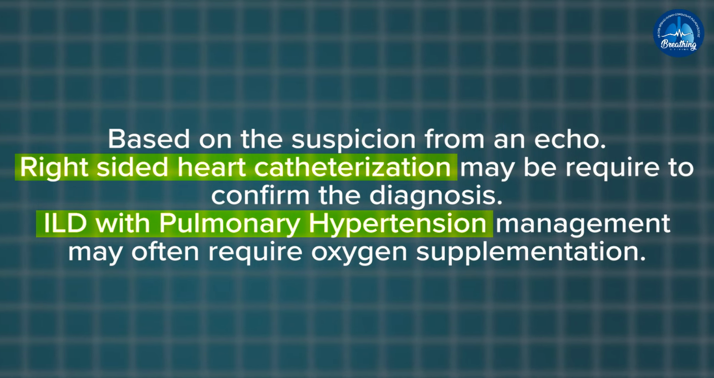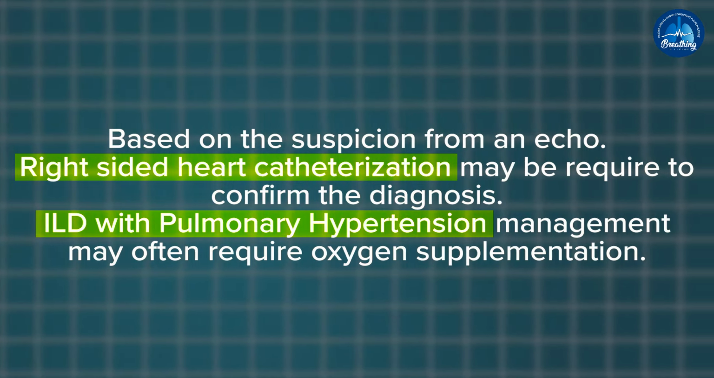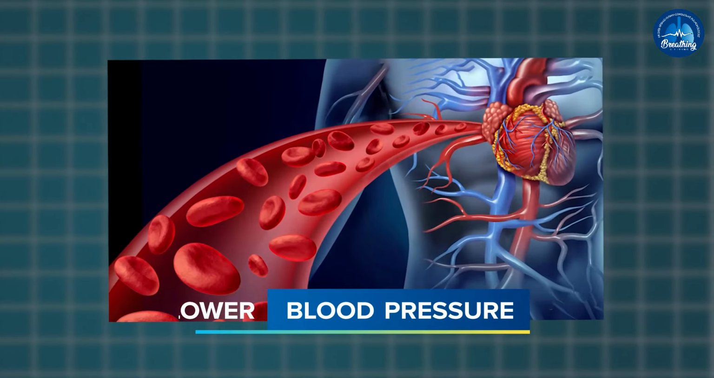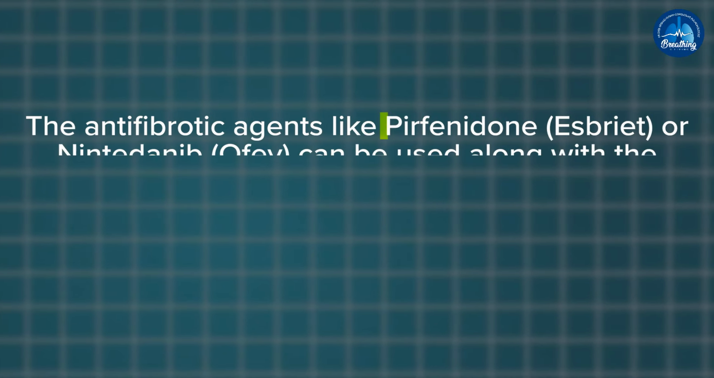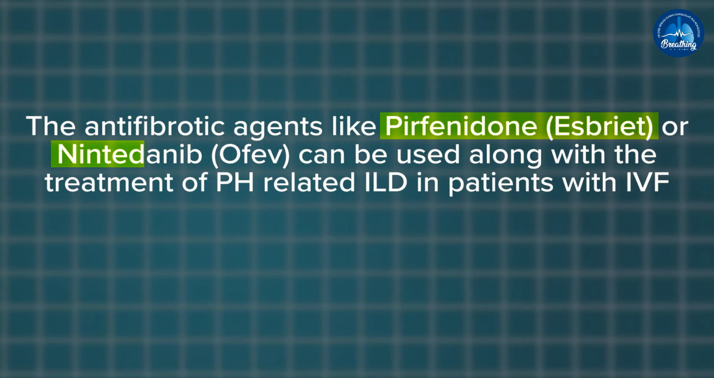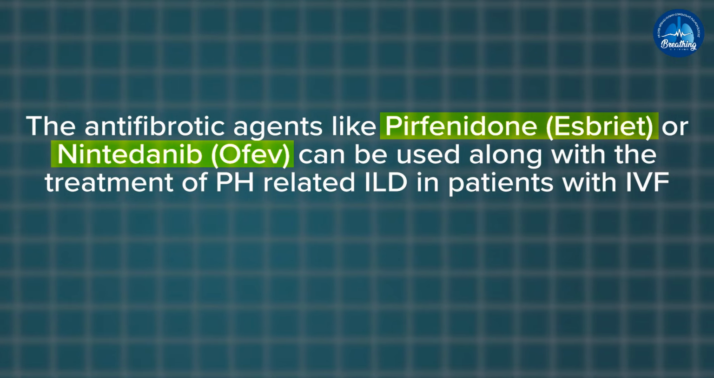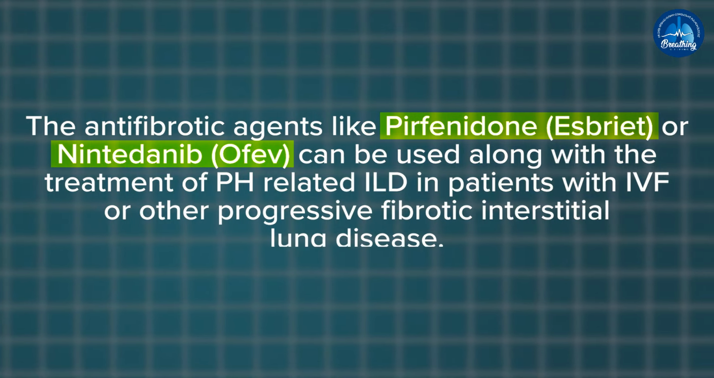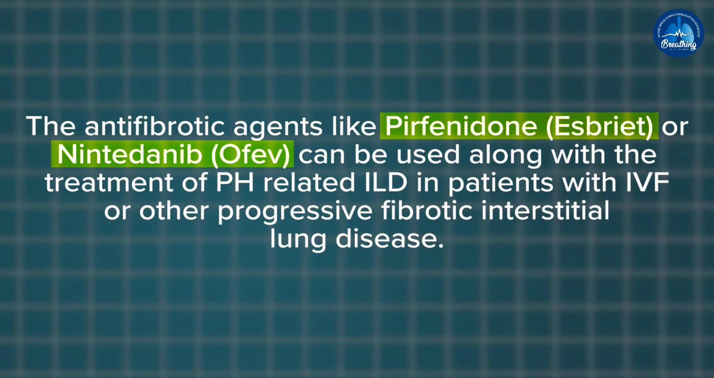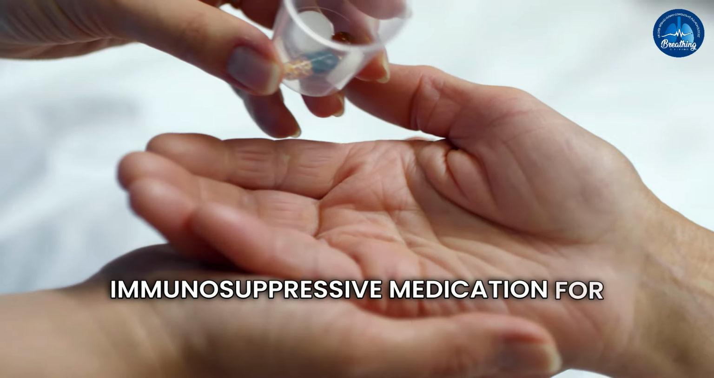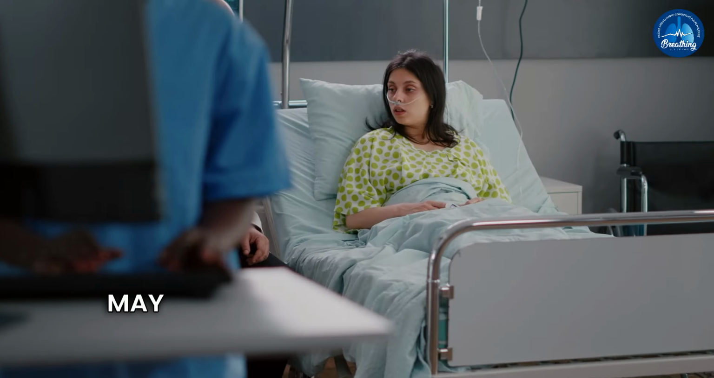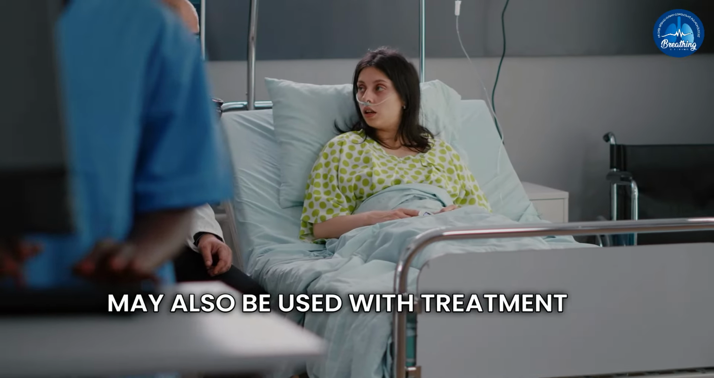PH-ILD treatment often includes oxygen supplementation, pulmonary rehabilitation, and medication that lowers blood pressure in the pulmonary arteries. Antifibrotic agents like Pirfenidone or Nintedanib can be used along with the treatment of PH-related ILD in patients with IPF or other progressive fibrotic interstitial lung disease. Immunosuppressive medication for inflammatory type of ILD, such as autoimmune disease, may also be used with treatment of PH related